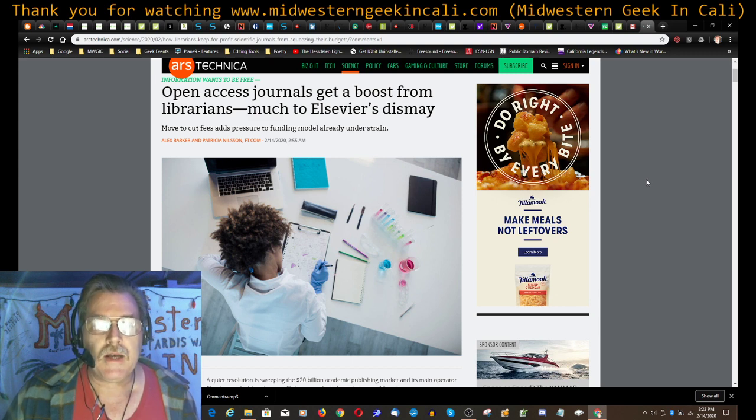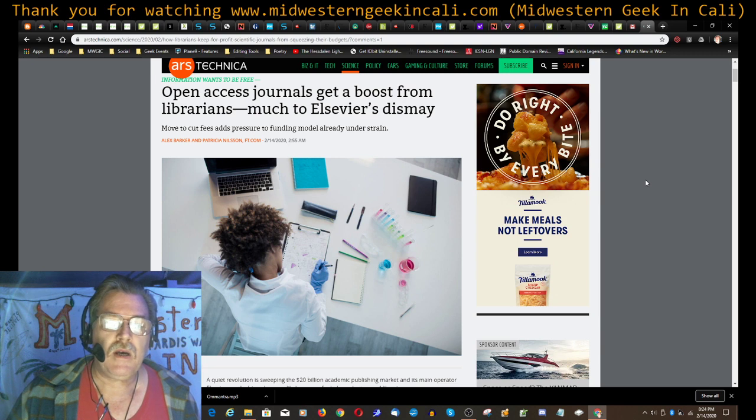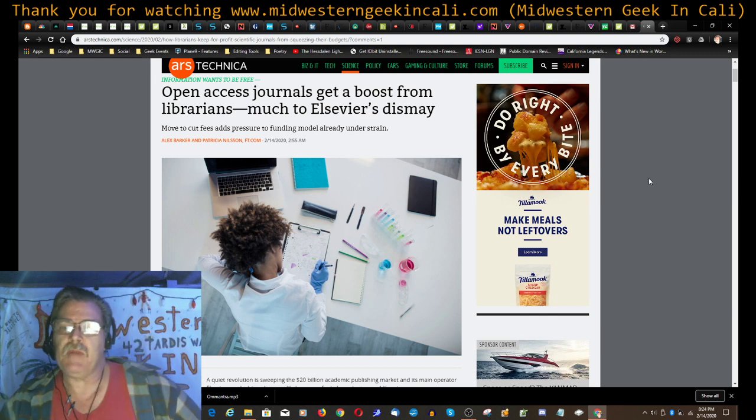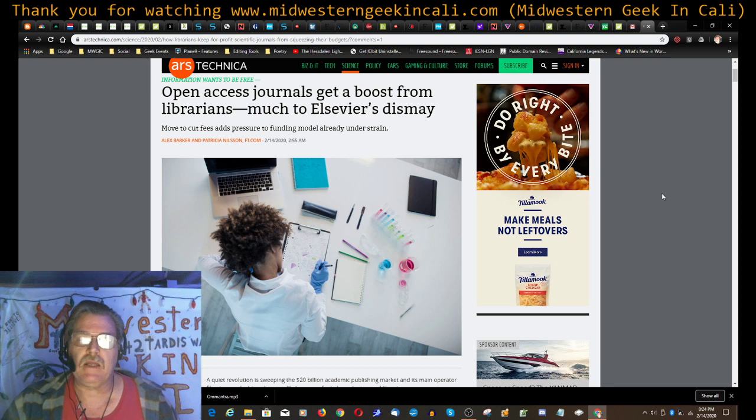And it's been costing libraries a huge amount of money for those publications. So they have actually come up and figured out a way to do a much more open source version or methodology for the same researchers and scientists and medical professionals who are posting articles, to give them another platform that actually is reachable by libraries.